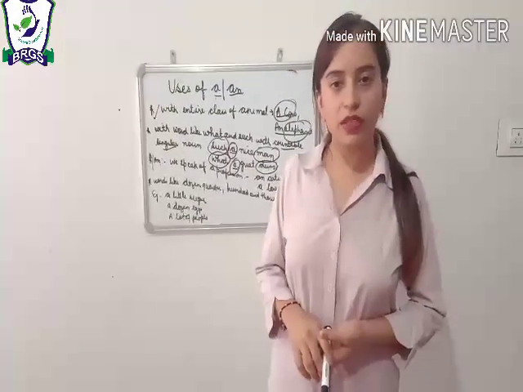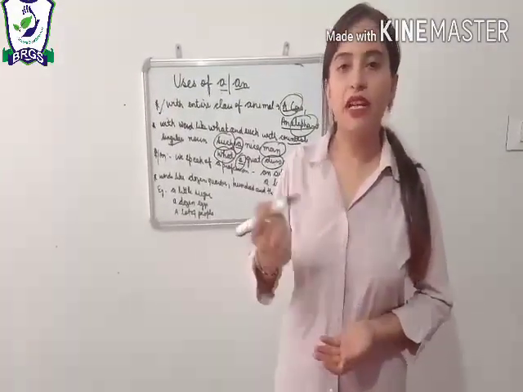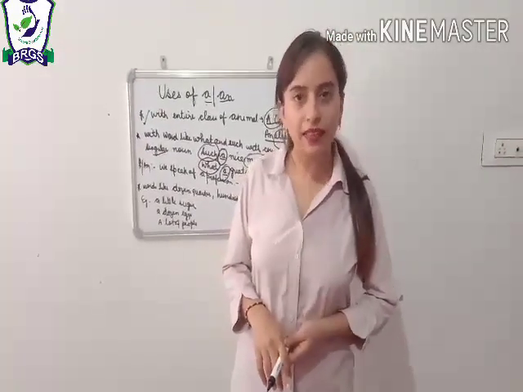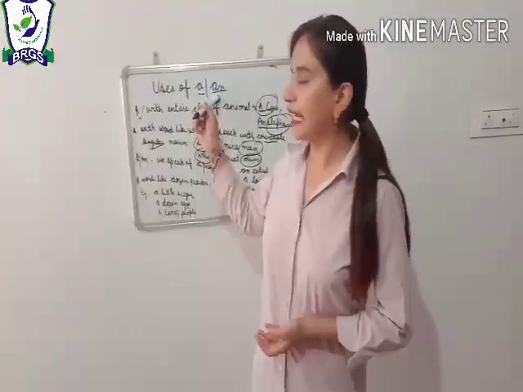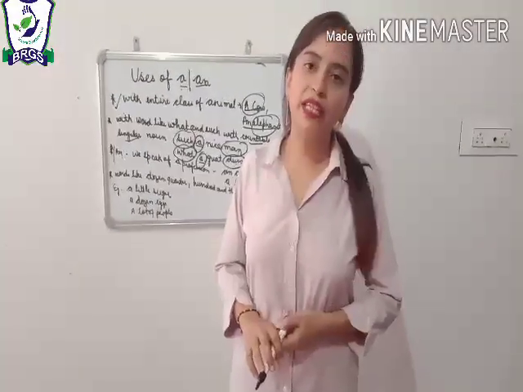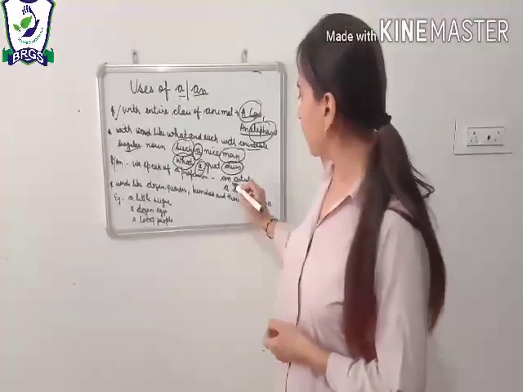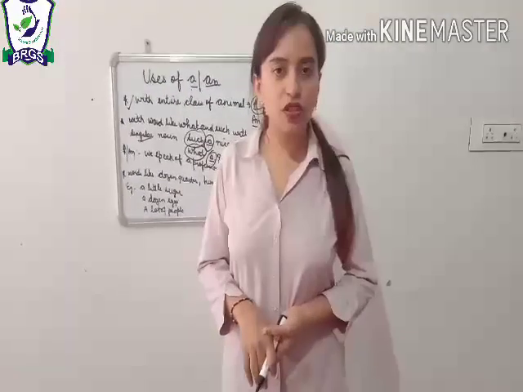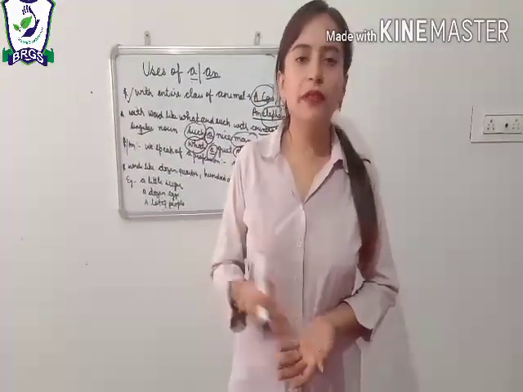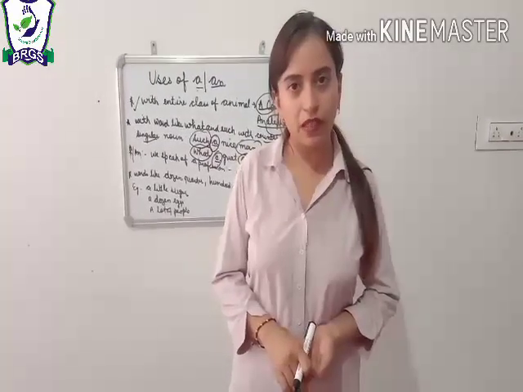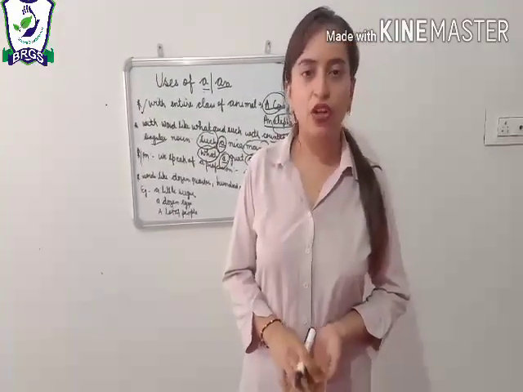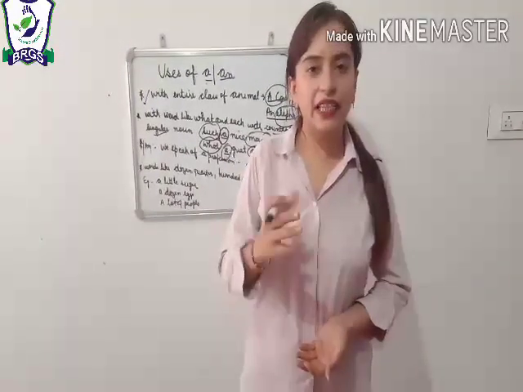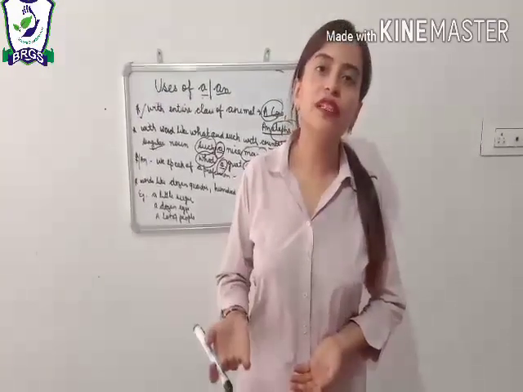When we are speaking about a profession, for example, if someone asks me, what do you do? I say, I am a teacher. So, indefinite articles a and an are used when we are speaking about a profession. For example, an artist, a lawyer. If I ask, what does your father do? Then you must be telling me, ma'am, my father is a shopkeeper, or my father is a businessman, or my father is an artist. So, before any profession, either we use a or we use an.